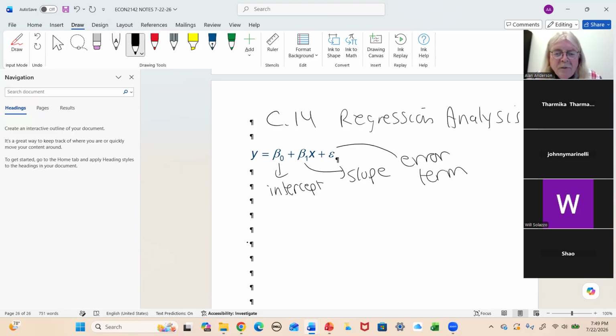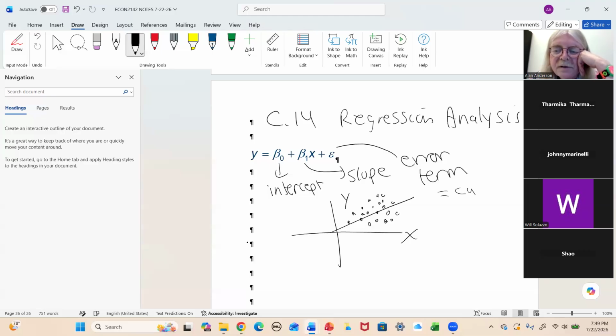In other words, if you plot all your data, a scatter plot, each point representing one observation, you'll notice that these points are somewhat randomly scattered around. There is a definite upward trend here, but the points for the most part are not on that line. So the error term is designed to capture the distances between